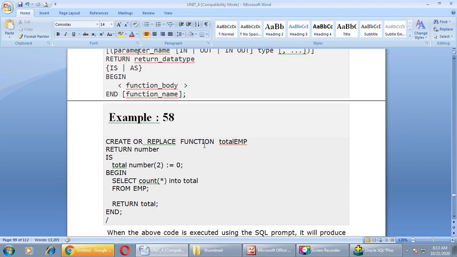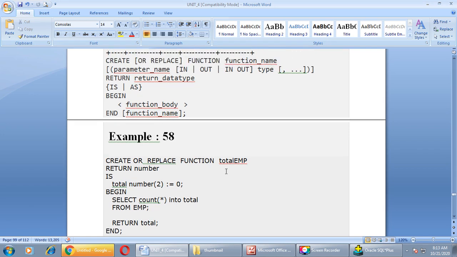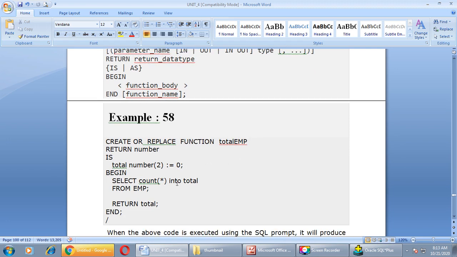Create or replace function total employee. See, here I have taken a very simple example of a function, right, where we have not defined a parameter list. As you can see, it has no parameters, but it has one return value. As I explained to you, a function always returns something in contrast to a procedure.